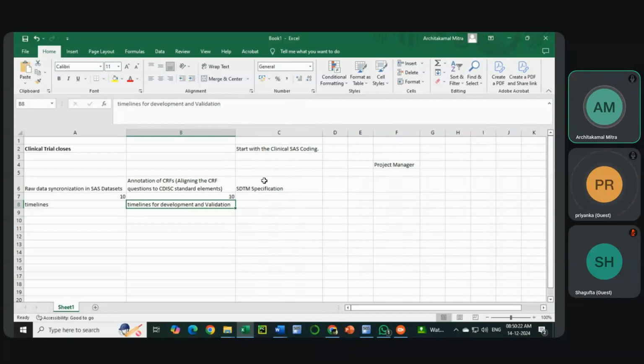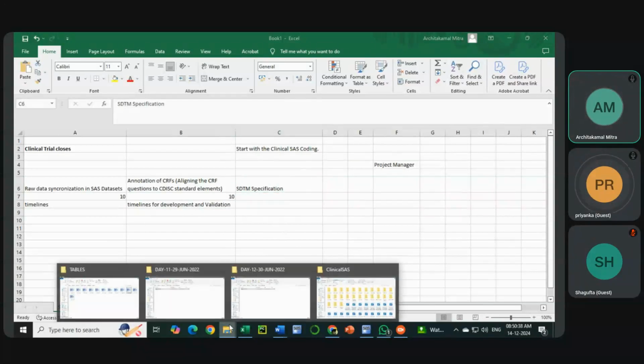Once this is done, we go ahead with the SDTM specification. Based on this, the SDTM specification is created. For every domain, this specification is created. So for the DM domain, what do you check? If I go here to the DM domain, suppose,